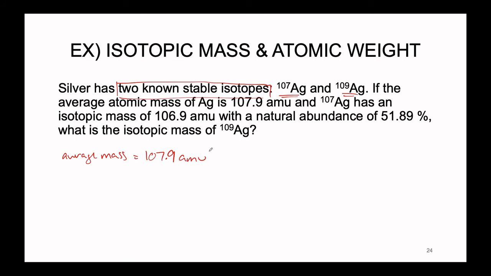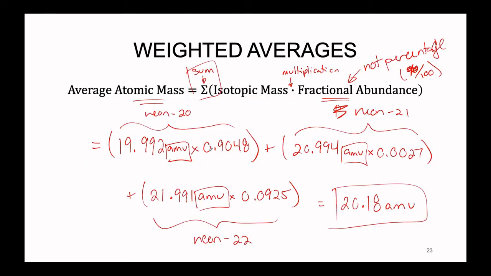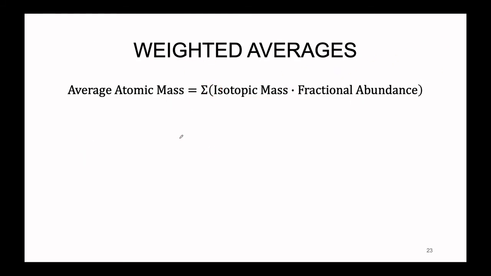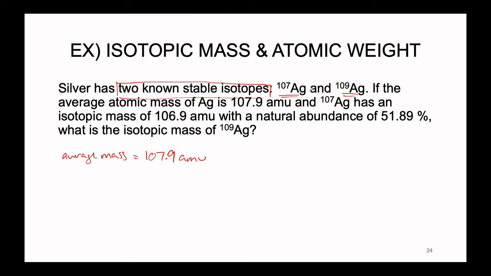So what this tells us, just to go backwards and observe our equation, in fact, I'll just clean this slide off. We know what silver's average atomic mass is. We've been told that this is 107.9 AMU. So it looks like we're going to be finding one of the fractional pieces of information, and as we continue to read, that is exactly what we are asked to find. We are looking for the isotopic mass of silver-109. Let's continue gathering things that we know though. We are told that silver-107